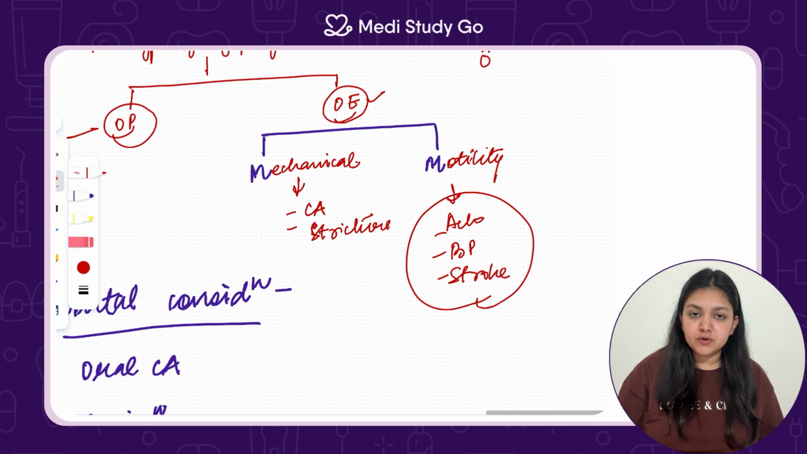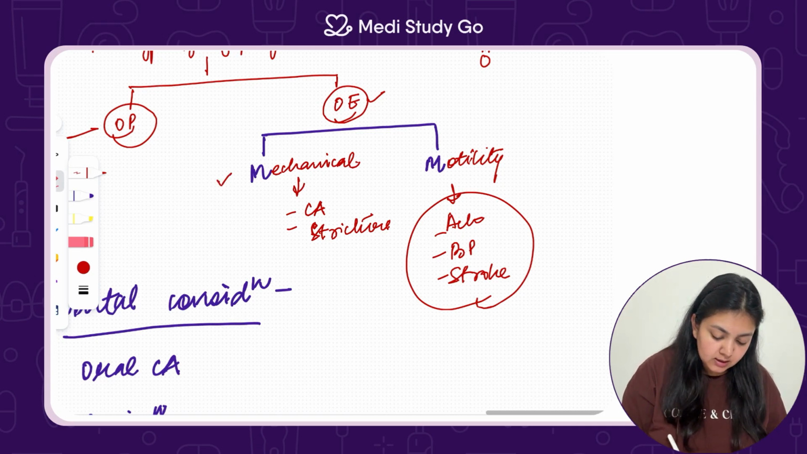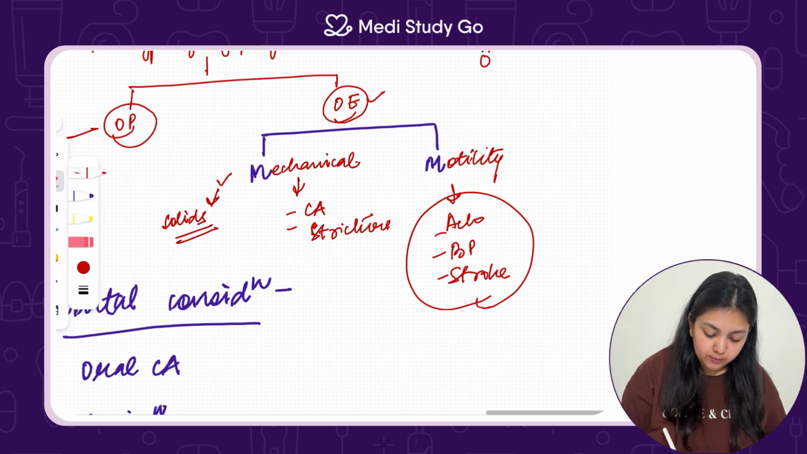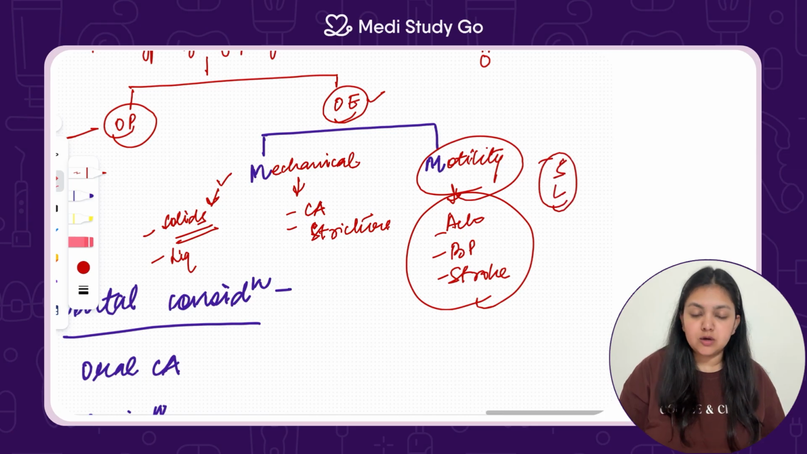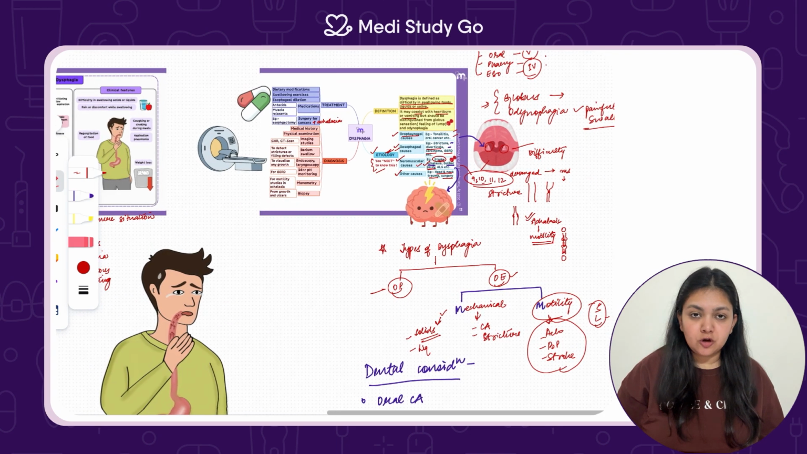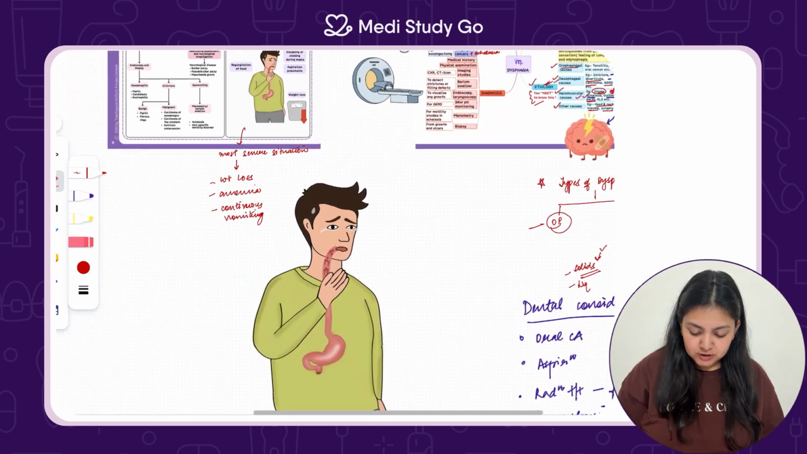Now, a common differentiating factor is that mechanical is mostly involved with solids. Like first the solids will not be able to go by and then the liquids. But in motility disorders, both solid and liquid foods cannot be taken down the esophagus easily and there's difficulty, that is, dysphagia is present. Now once we know the etiology,